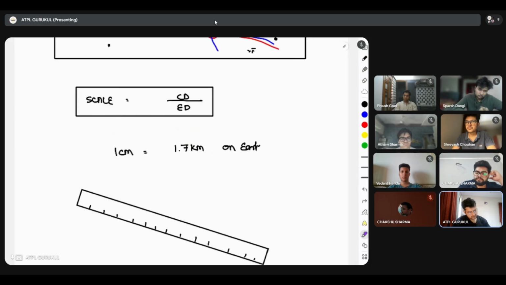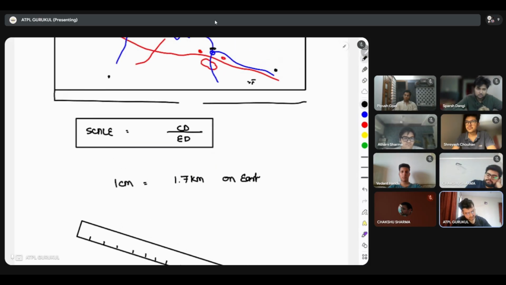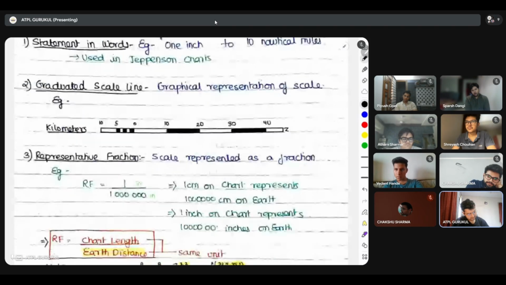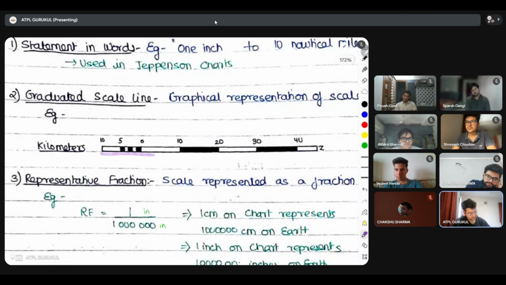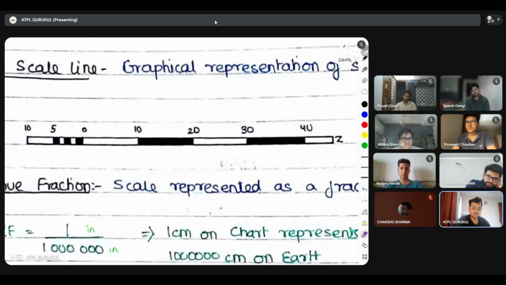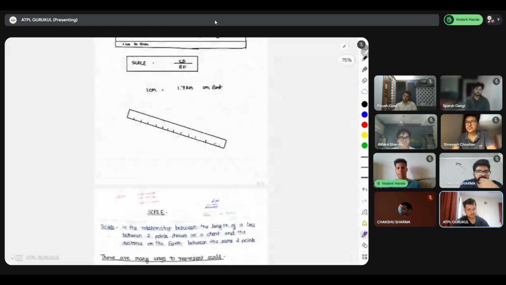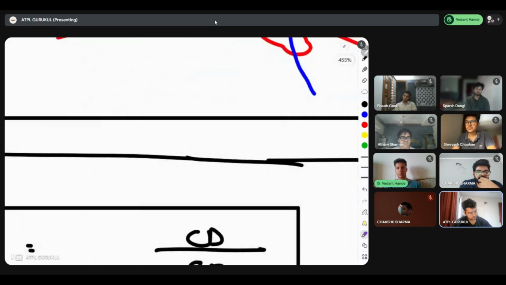अब ये स्केल लिखी कहाँ रहती है, ये चार्ट के कहीं एज में लिखी होती है यहाँ पे। So maybe it can be written like 1 centimeter to 1 nautical mile, something like this. ये हो गया statement scale. The next form of a scale is a graduated scale. It is kind of like this. ये आप सब लोगों ने बहुत often देखा होगा। What this basically means is, ये distance is 10. Instead of giving you actual physical distance कि 1 इंच या 2 इंच, ये चार्ट के ऊपर प्रिंटेड होती है, काइंड ऑफ लाइक दिस।